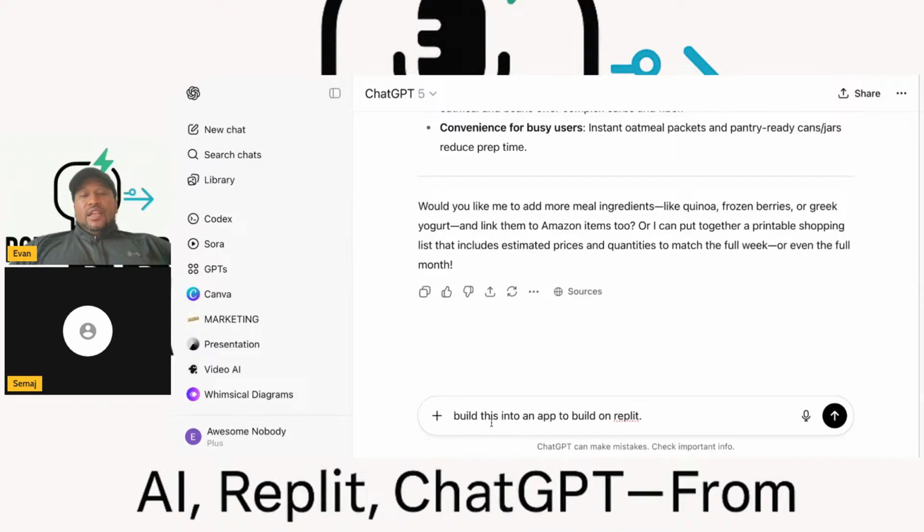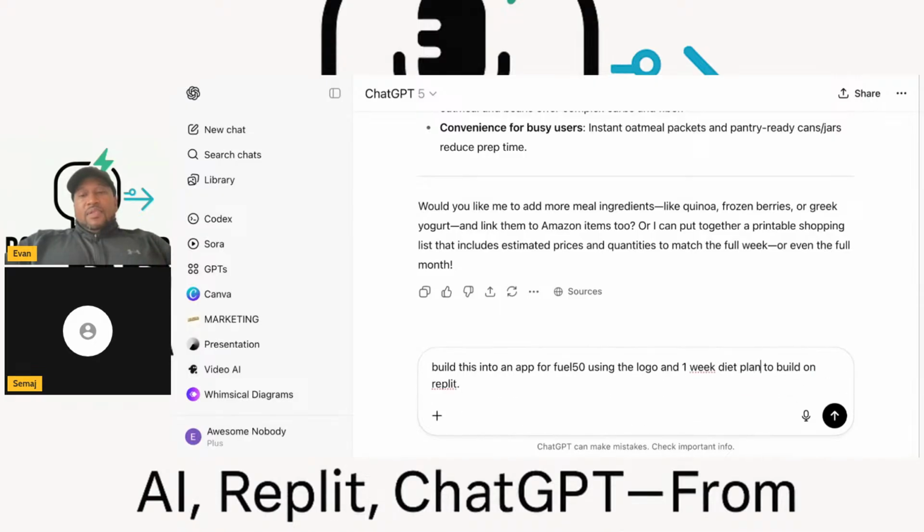So, build this app for Fuel 50 using the logo and 1 week diet plan for an app. No, you got it. Yeah, leave it like that, and then at the end, use all information above.